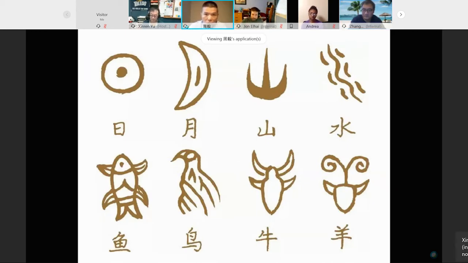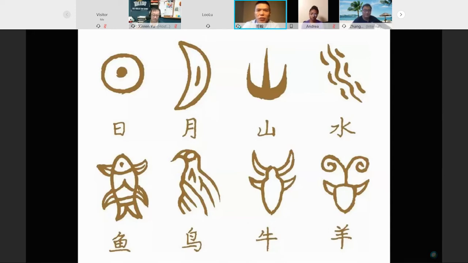So Lulu, are you here? Would you please tell us, when you look at the first line, the 4 pictures, do you know what they are? The first one looks like a sun. Okay, thanks. The second one? I believe that would be a moon, right? Good, yeah, right. The third one? A mountain, and the fourth one should be water. Wonderful job. Okay, second line, there are 4 pictures about 4 animals, guys.